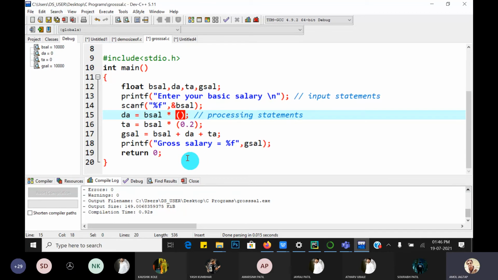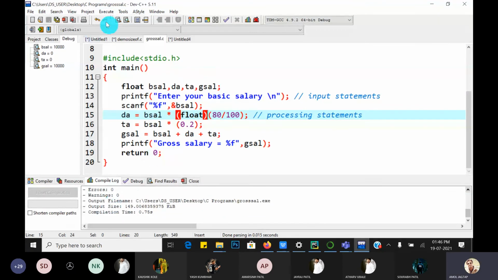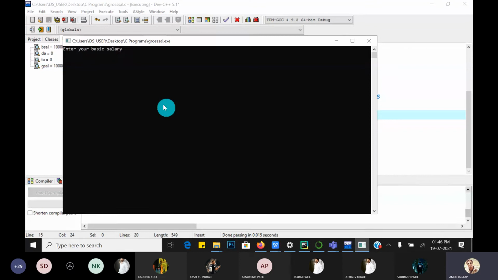Okay, one other solution is there. I will show you. 80 divided by 100 and typecast into float. Let's check whether it works or not. Compile it, no compilation error, run it.